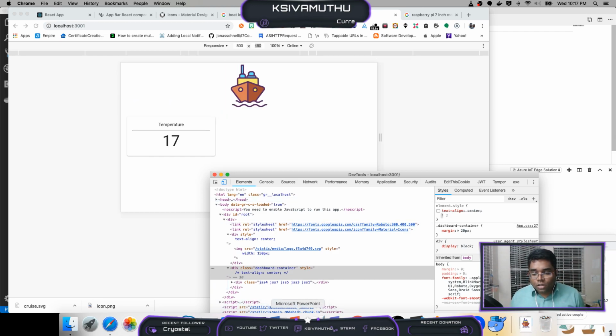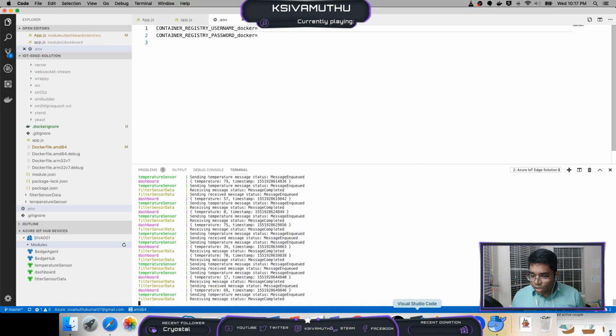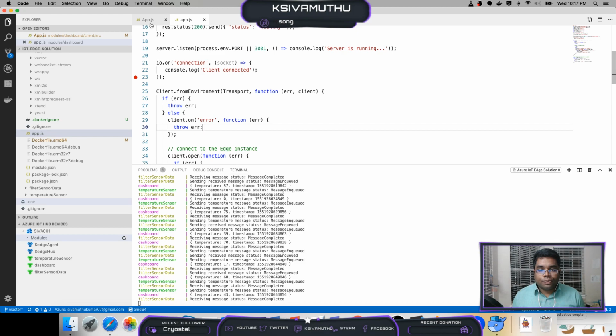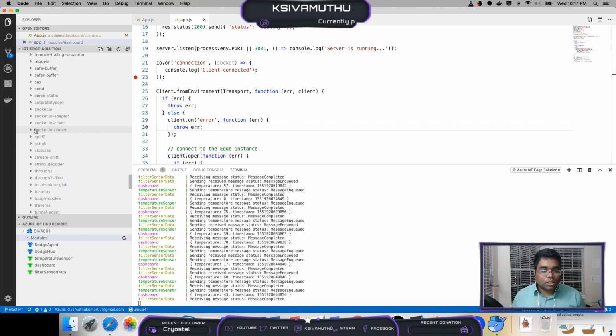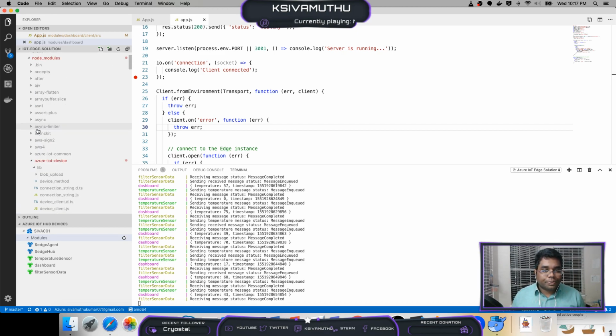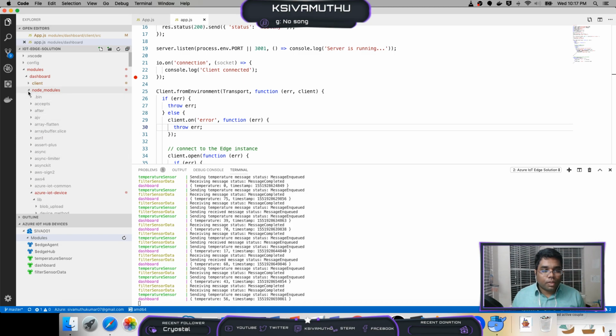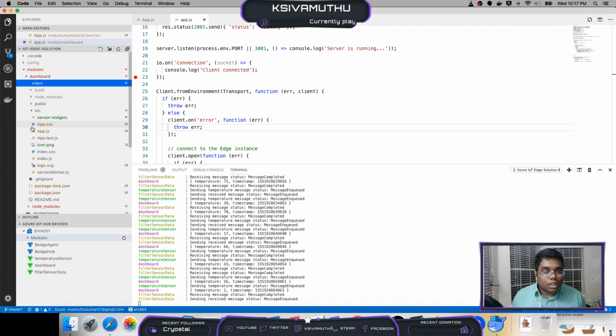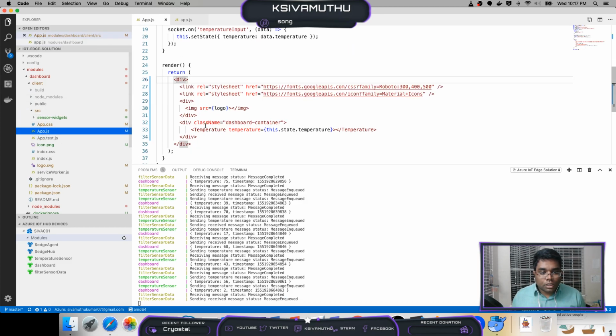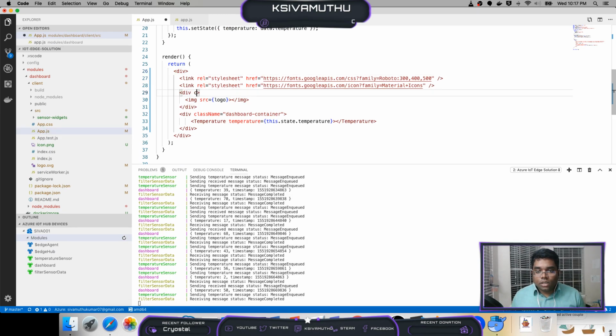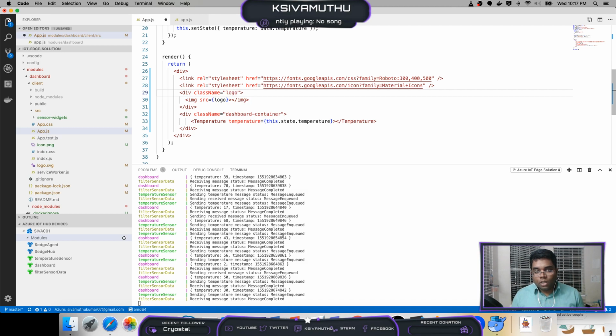So let it be. Now let's go back to our app.js file. There it is. Node modules. Sorry, in the dashboard client, app.js. So the class name would be logo container,